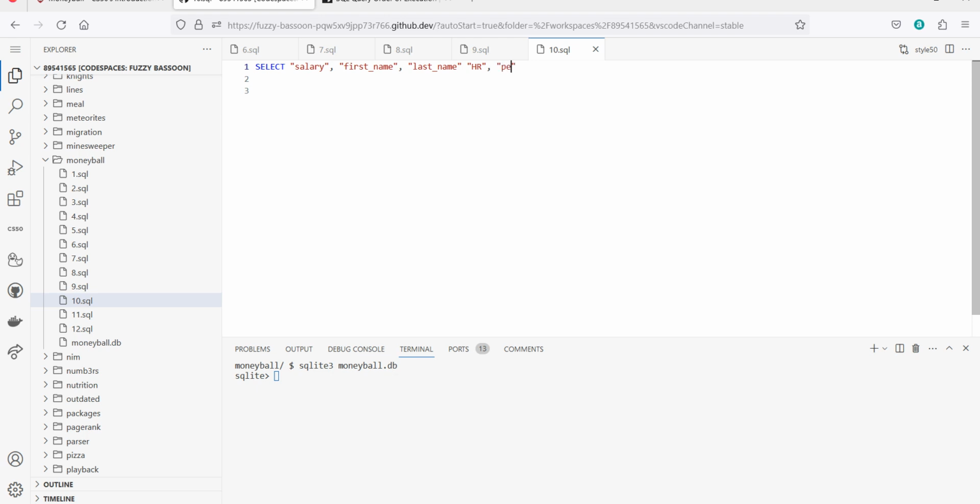So performances dot year. We need to write the namespace like that. We can't just say year because the salaries table also has a year column, so our SQL query wouldn't know which one we mean. From performances,